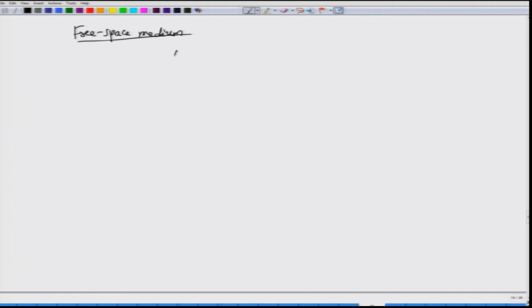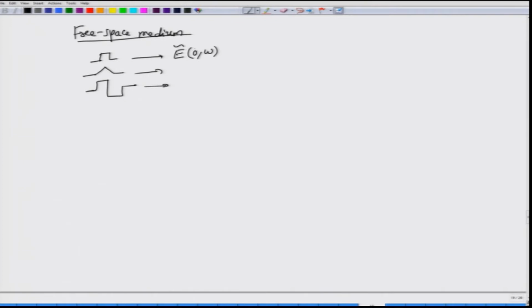Okay. So, I have E of 0 comma omega, which is in some sort of a pulse. We do not even need to know what kind of a pulse it is. It could be a square pulse, it could be a triangular pulse, it could be this type of a pulse, it could be any pulse that we consider. Of course, this has to have a certain spectrum that we need to know.